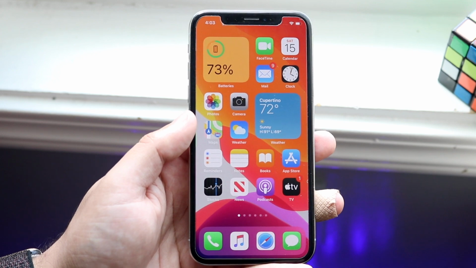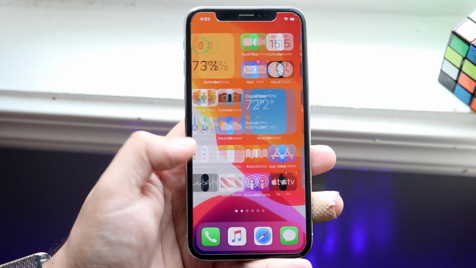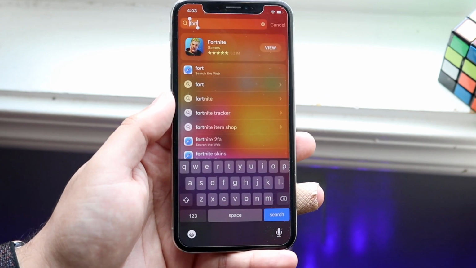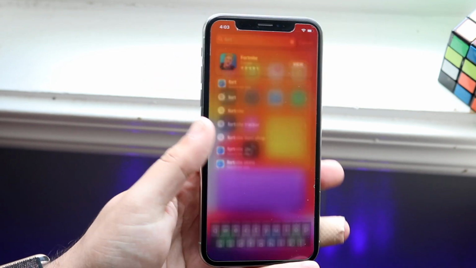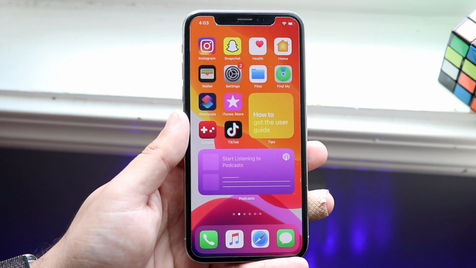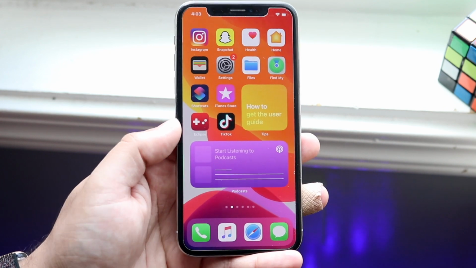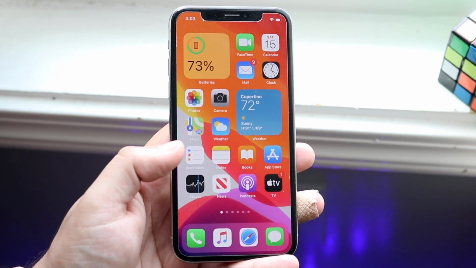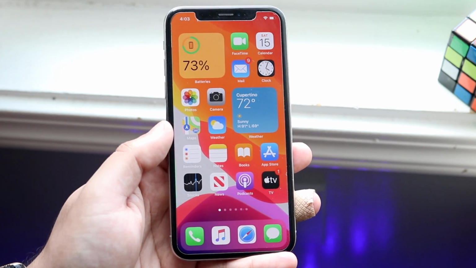So if you have not installed it yet, you will have to have it on your iPhone before or had it on your iPhone. As you can see, I don't have Fortnite on my phone right now. I searched for it, I can see it on the App Store, but I don't have it installed. So as long as you had installed it on your iCloud account, on your email associated with your phone, then you can still do it. If you don't have it, then you'll probably have to log into someone else's, which kind of sucks, and you might as well wait until a patch or something comes out.